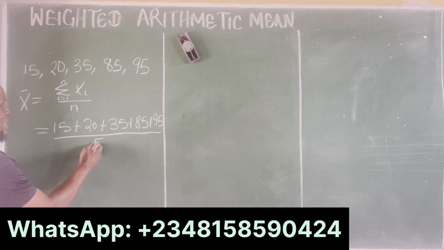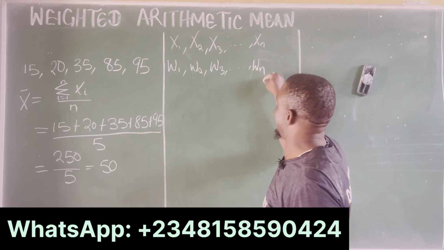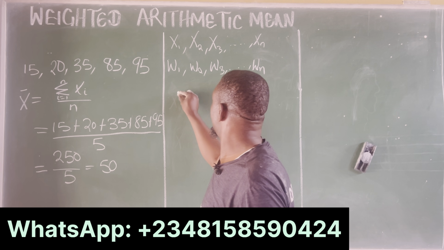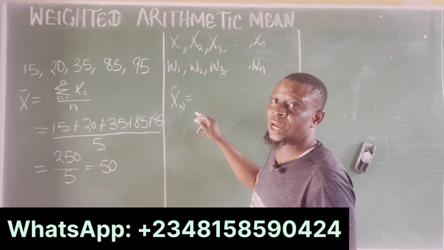Sometimes these values occur with certain weights. For instance, we may have x1, x2, x3, and that will continue up to xn, occurring with weights, call it w1, w2, w3, and it continues to wn. Okay? So in that situation, we'll say that our weighted arithmetic mean is equal to, so we'll now have